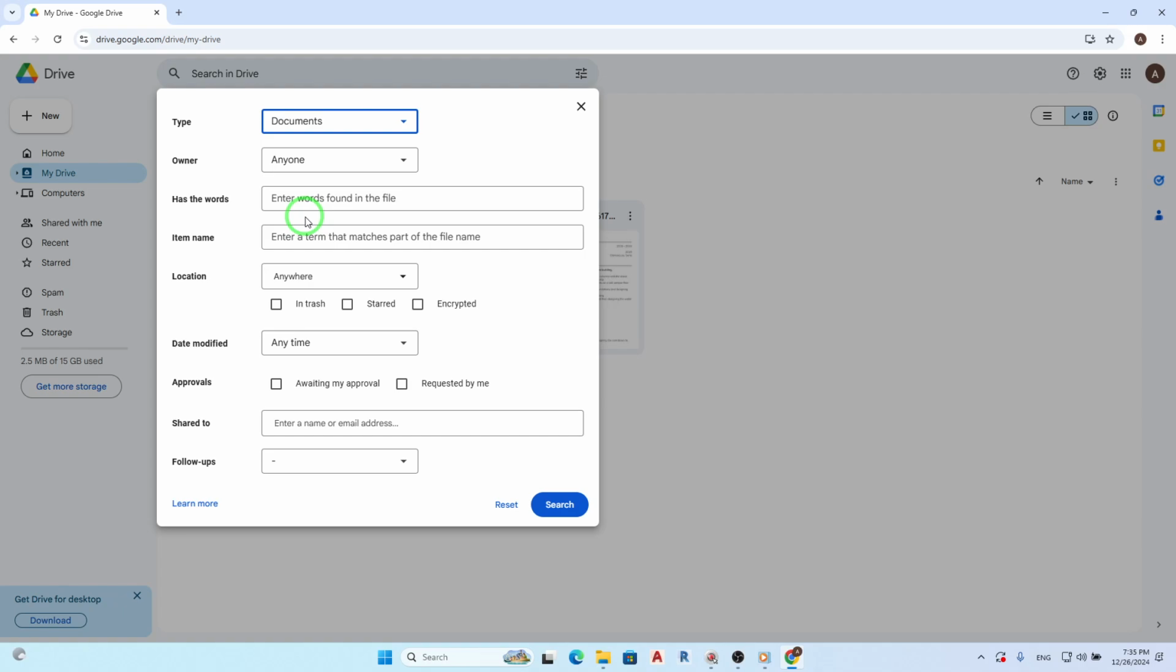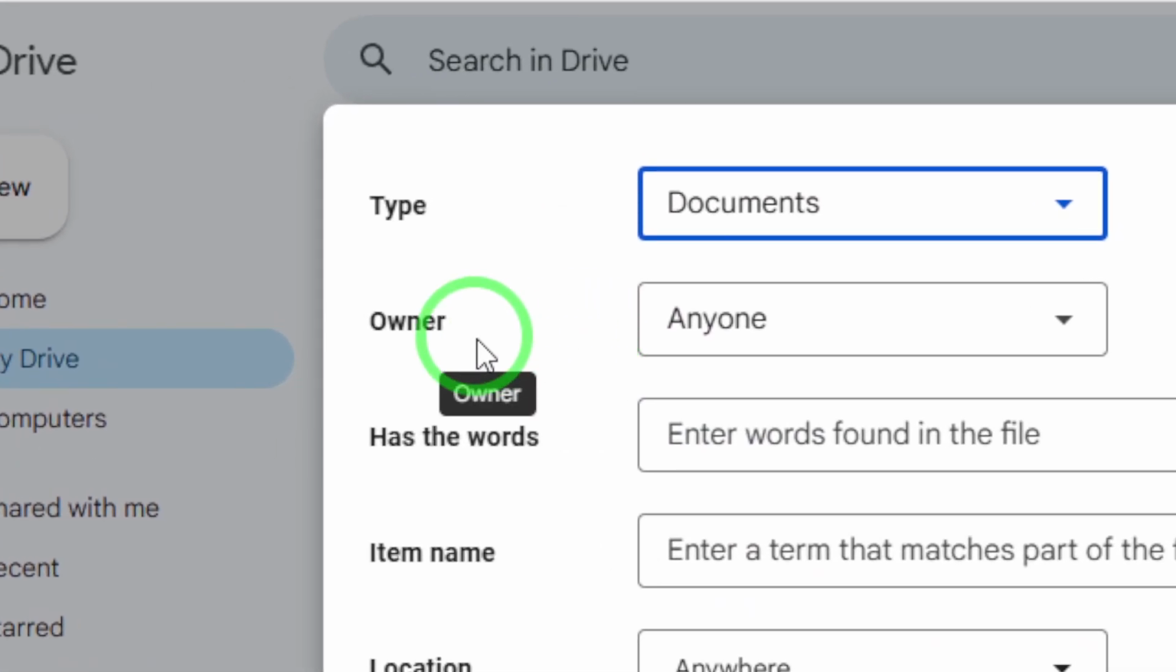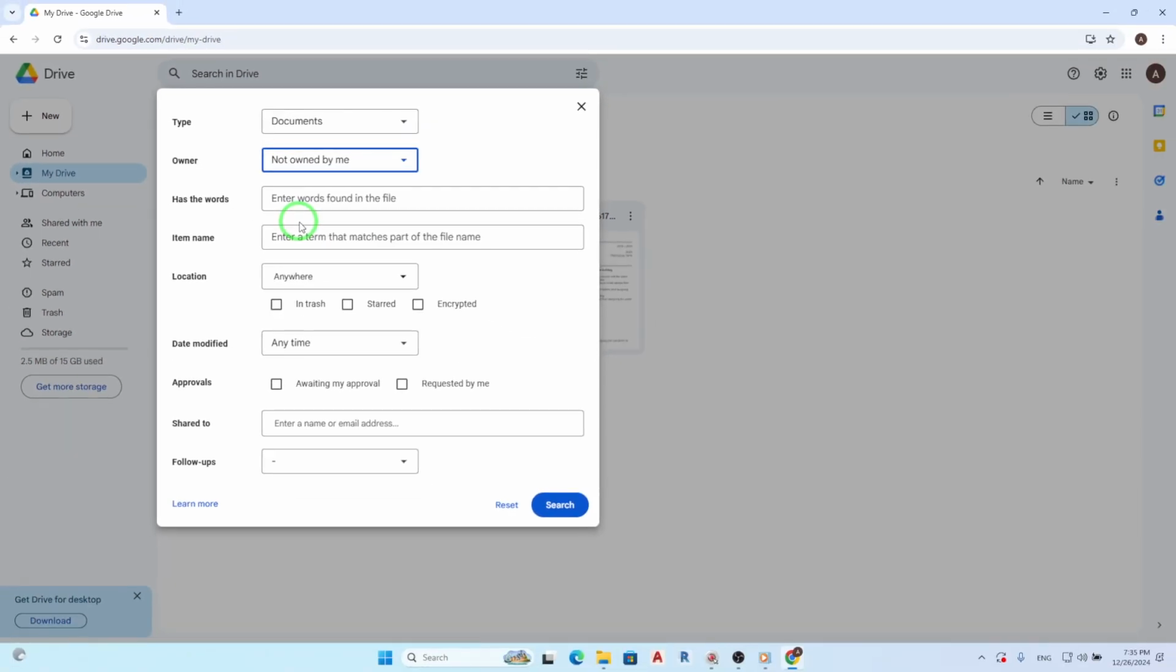After that, we want to narrow down our search even further. Look for the Owner option in the same dialog box. Click on it and choose Not Owned by Me. This setting is particularly useful if you're looking for documents that others have shared with you but are not your